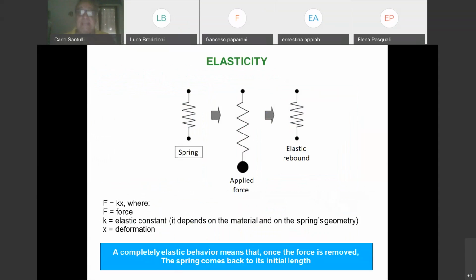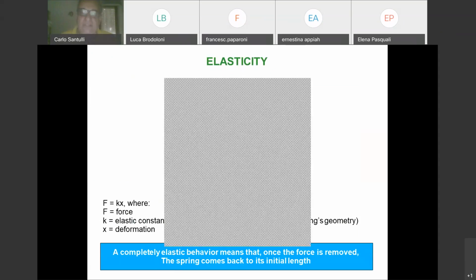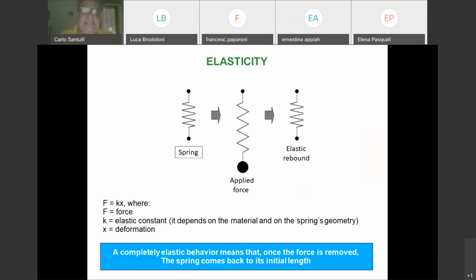Okay, then we need to concentrate on something more physical. After we have done this discussion on force in general terms, so we have structural materials which are able to withstand some force. We have done some excursus on what was done in history, the point where we started from. Now we need to concentrate on elasticity.